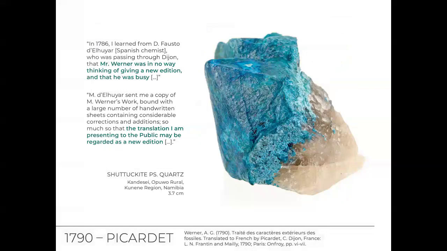So she writes that the Spanish chemist de Luyar passed through Dijon and reported to her that Werner was in no way thinking of giving a new edition and that he was busy. To his credit, he is legitimately busy. At this point, he's translating Constant. For a period of time, he gets very interested in trying to standardize colors well ahead of Pantone. Plus, he's got all these students. But this is the problem. Everyone has been begging Werner for an update to his work, and he continues to not do that because he's